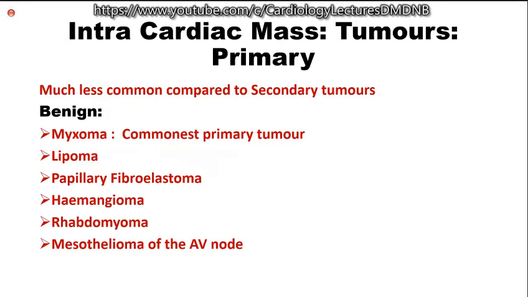Commonest, you already know, is the left atrium. It is the commonest chamber where you can get myxoma. So left atrial myxoma is the commonest one which we come across, and this is the commonest cardiac tumor also. What are the other cardiac chambers in the order of occurrence of myxomas? Following left atrium, which is the other cardiac chamber where you can get a myxoma? Right atrium. Right atrium, very good, excellent.